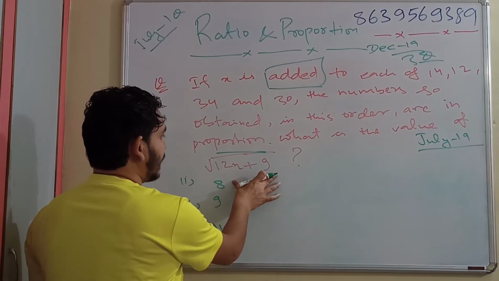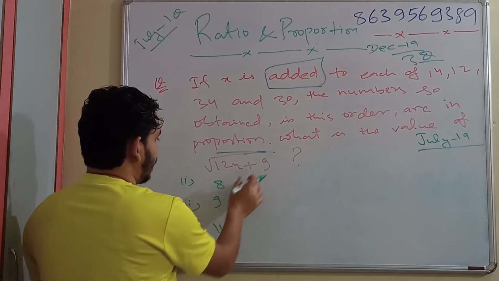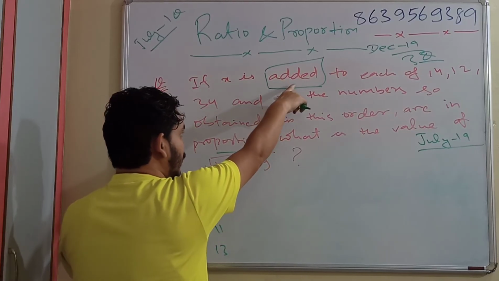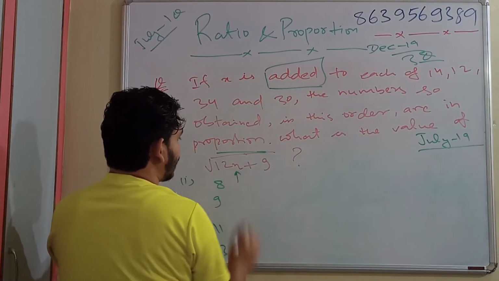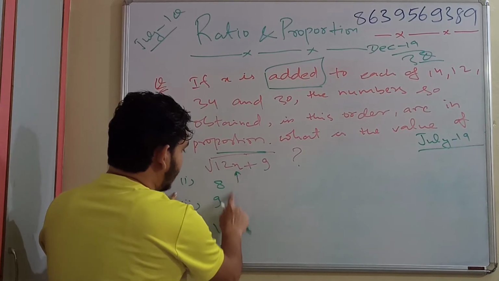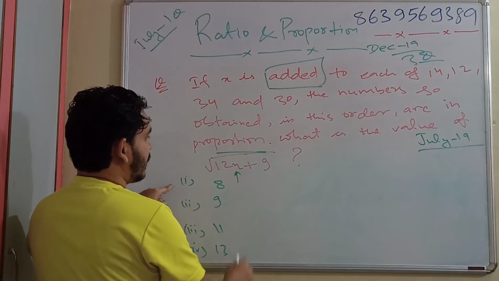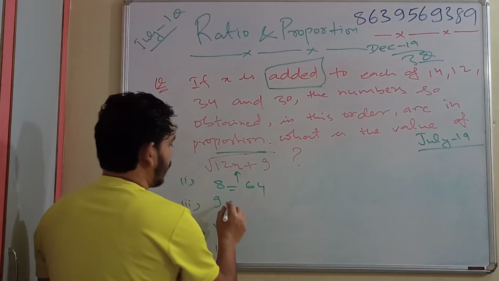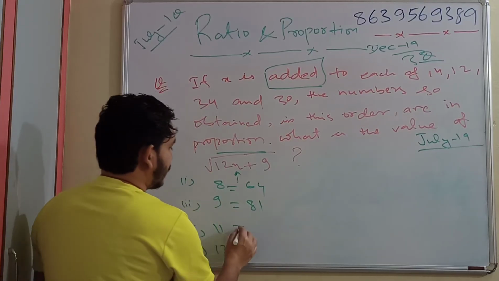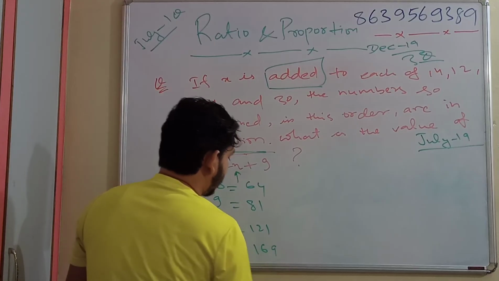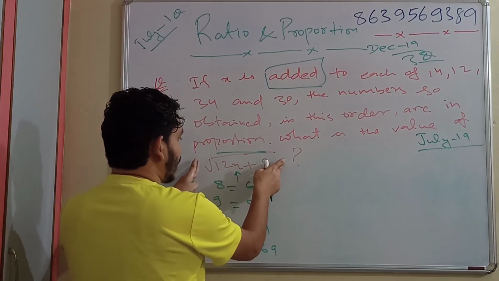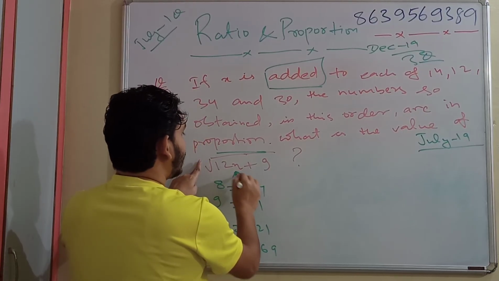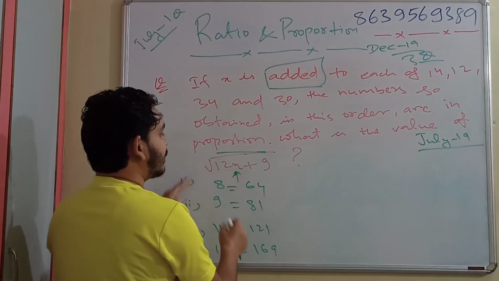But what we can see is that the number will be an integer. When we apply the x value, that unknown number, in this expression, it will give an integer square root value. Now we will go about it indirectly. When you square this, what do you get? 64. When you square this, 81, 121, 169. In which case we are getting x to be a possible integer value, that will be our correct option.